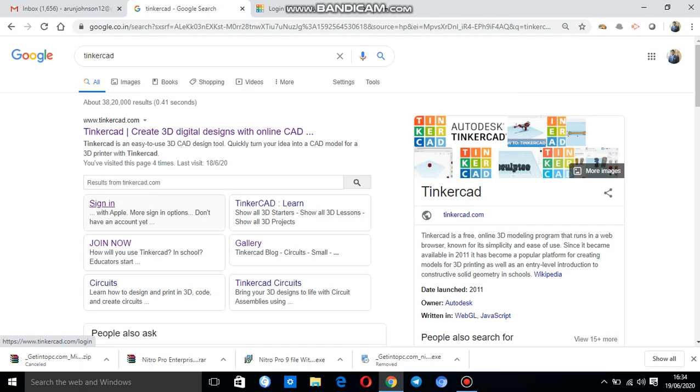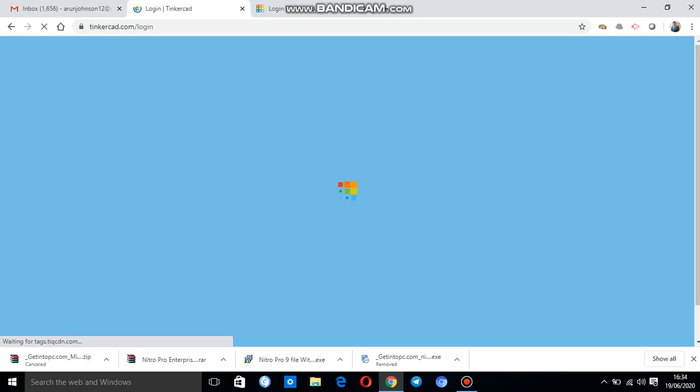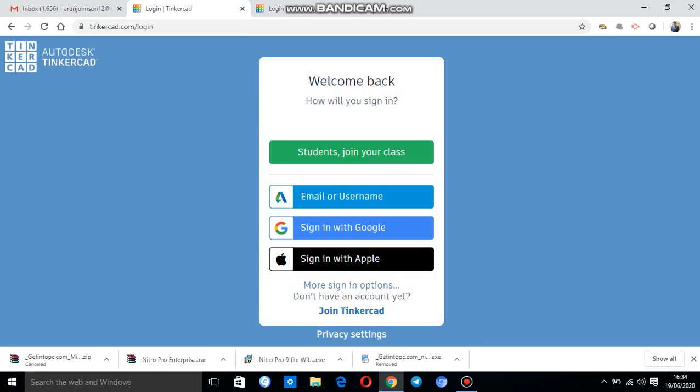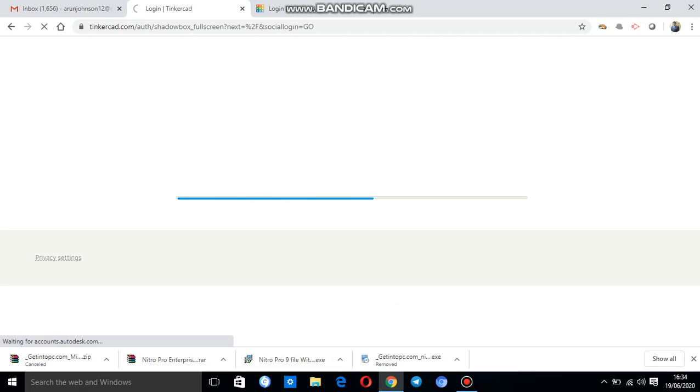We'll go to the sign in option of Tinkercad. Normally we will be able to sign in through Google, Gmail, or sign in with Apple. If you are a student, you can also access it through a student platform. First I will be using Gmail. I'm going to get it signed in. It is loading now.